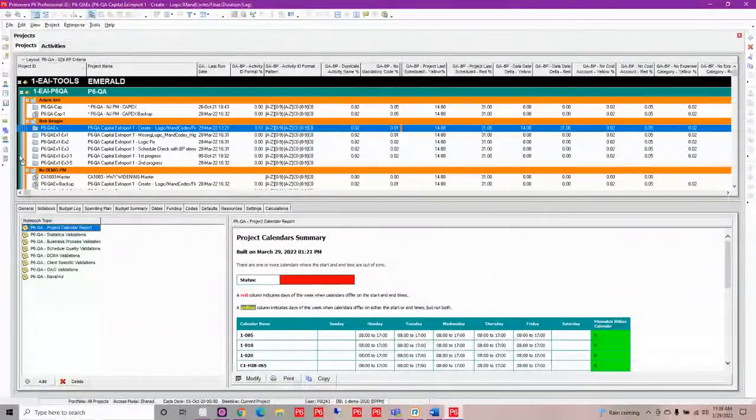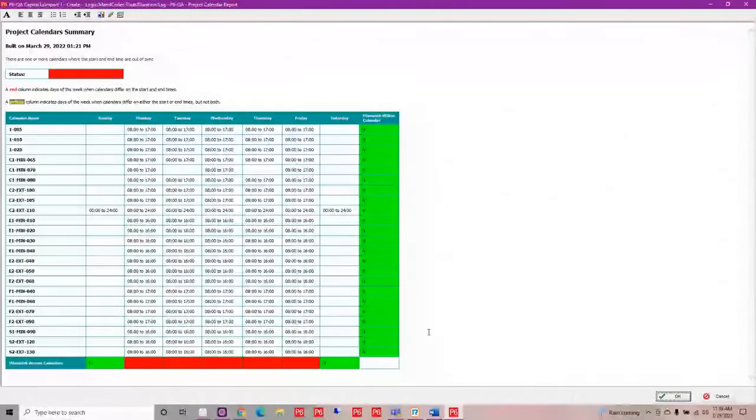So in our projects area, we had a client who was very interested in taking a look at how each one of their calendars measured up, so to speak, and whether they conformed. So we built them a notebook that actually shows them how that all measures up. What they wanted was to make sure that their days of the week were consistent across, as well as the work times here. So I can see that I've got